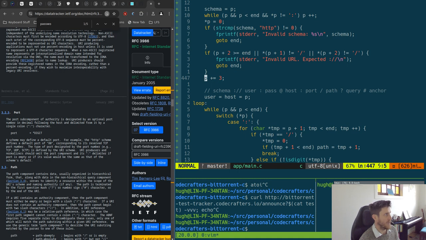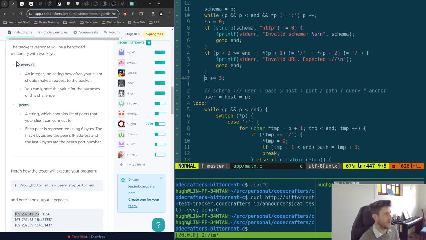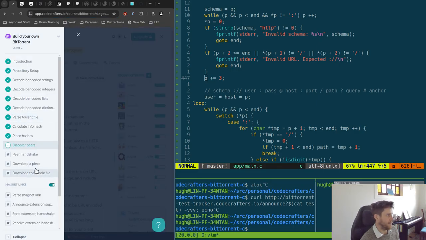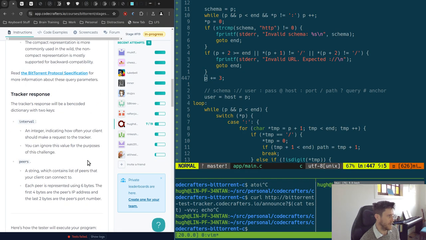So we have been working through this Codecrafters course, building a BitTorrent client, not a server. We've done some hashing. I implemented a SHA-1 algorithm, and now we're at the step where we're doing discover peers, which is in essence